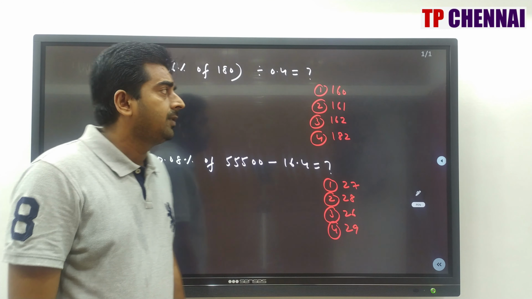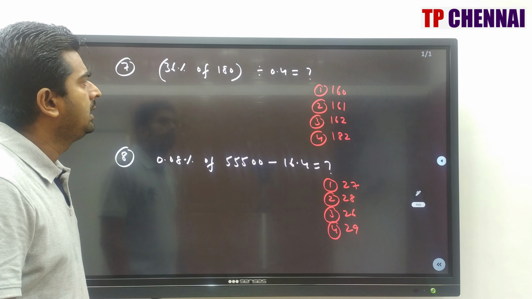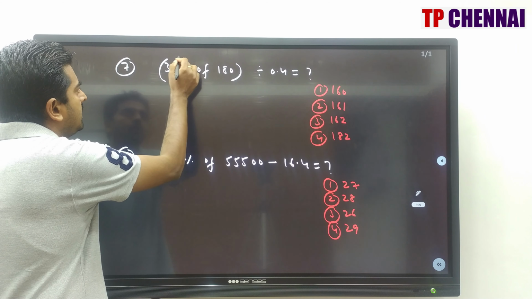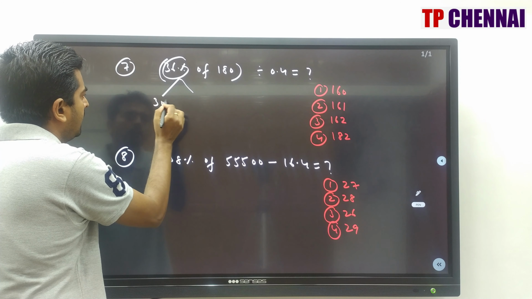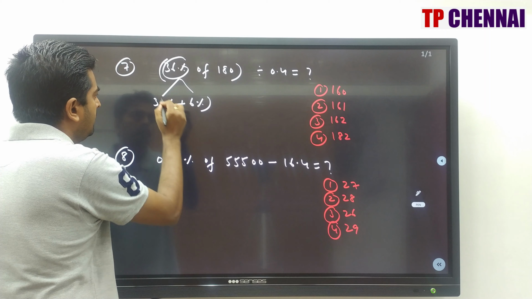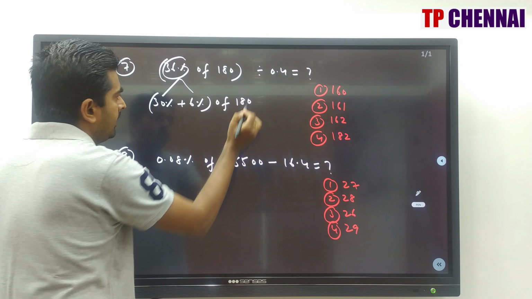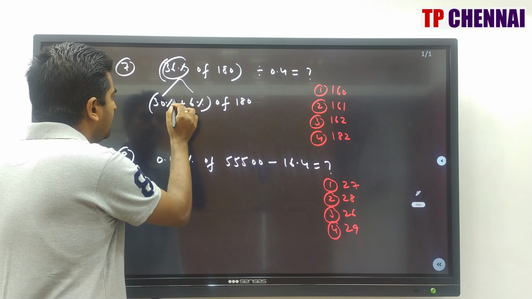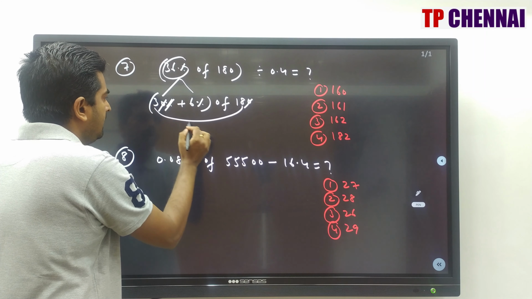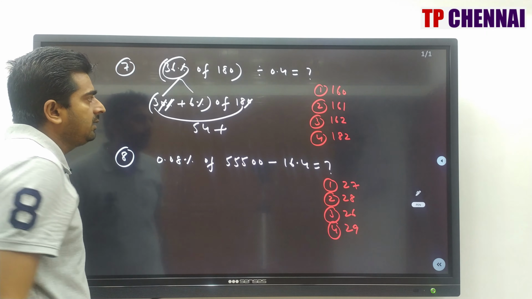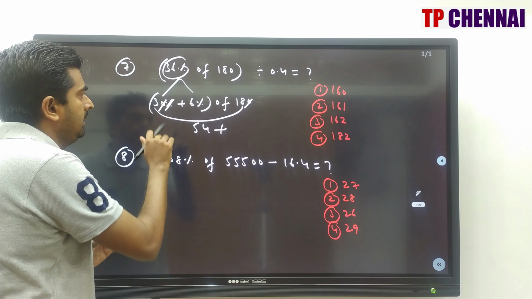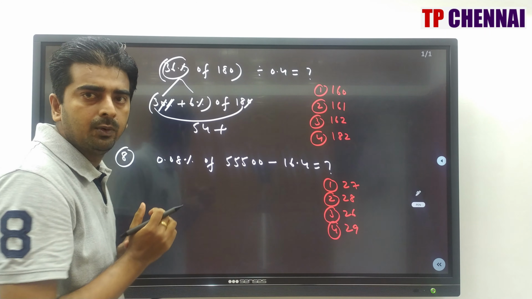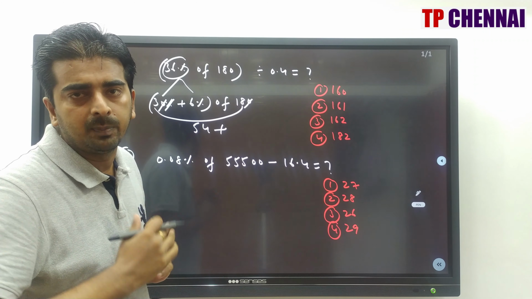So now we see question number 7. 36% of 180 divided by 0.4 is equal to question mark. It's a very hectic task, right? But if you know the percentage concept, you can break this number as 30% plus 6% of 180, right? So 30% of 180. When you see here, the percentage and double zero will go. What is 18 threes are 54, plus 6% of 180. 30, if you divide by 5, you will get 6. That means if in the 30% of 180 you got 54, if you divide 54 by 5, that will give you 6% of 180.